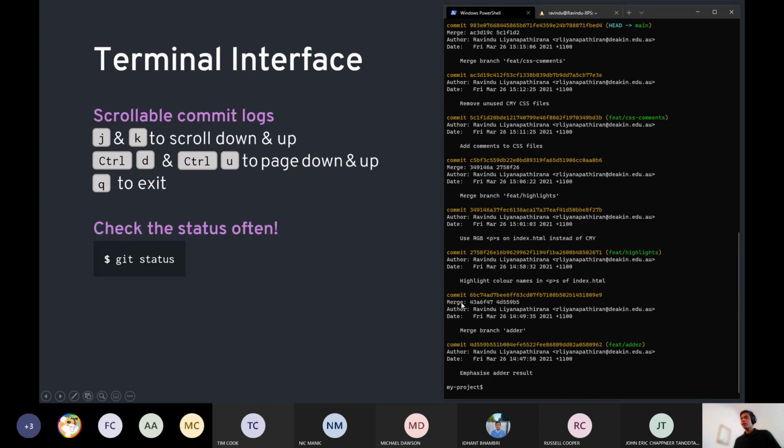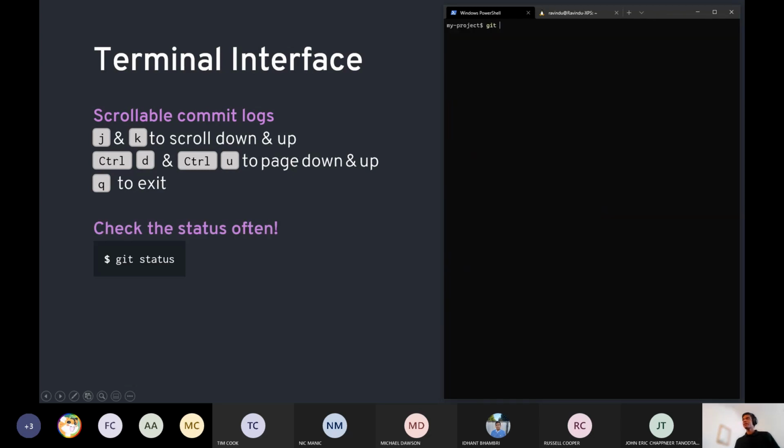And also, as I said, I can't say this enough, check git status often, because that way you can orient yourself in the context of your Git repo. So in this case, it says I'm on branch main, and it says I don't have anything to commit, but I think we saw earlier how git status shows a bunch of files that changed when there are changes.